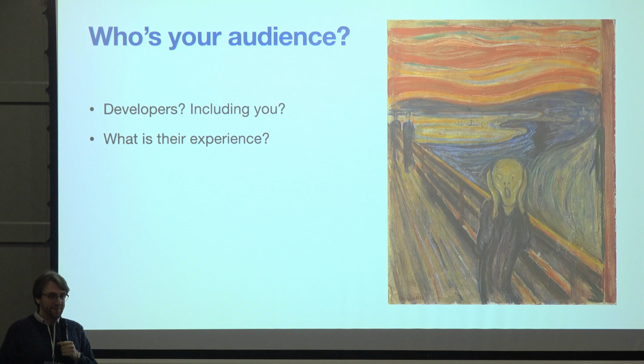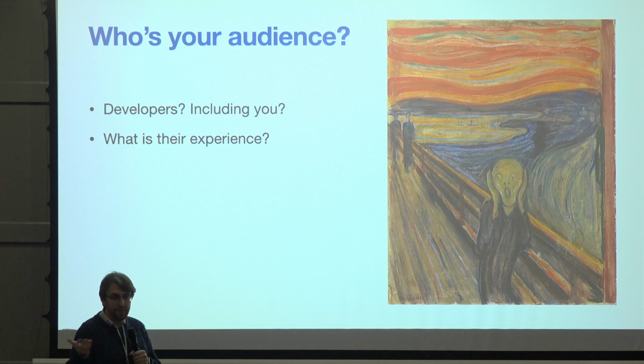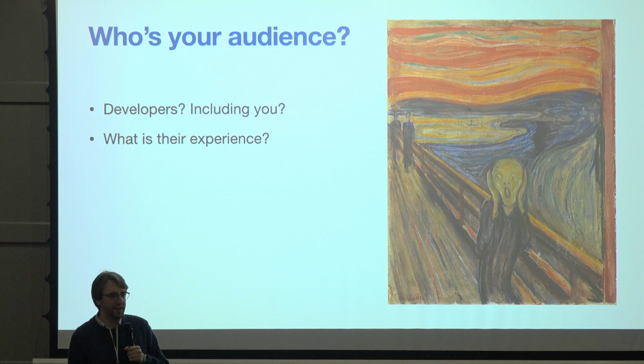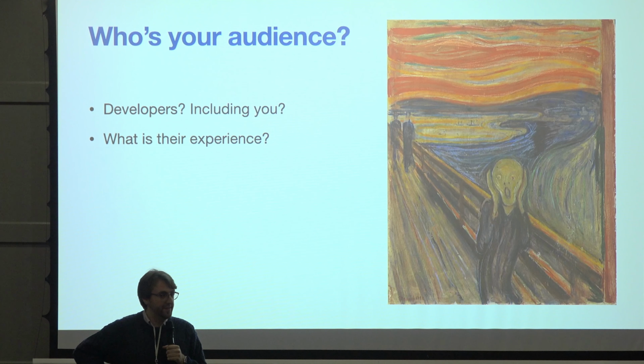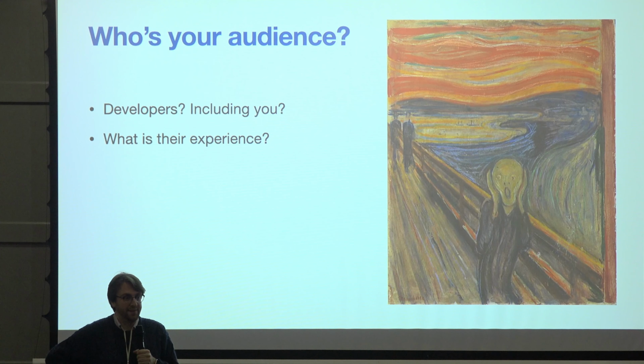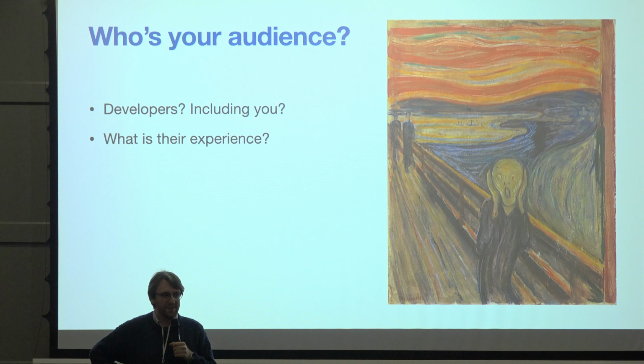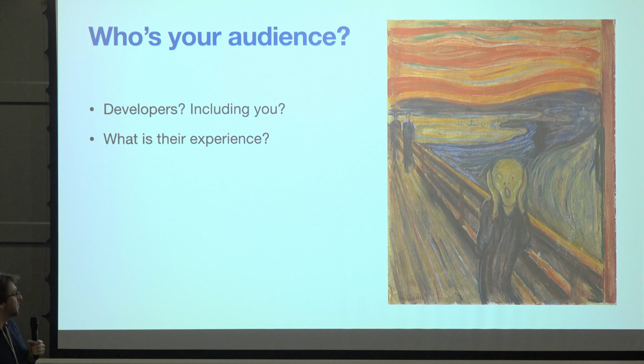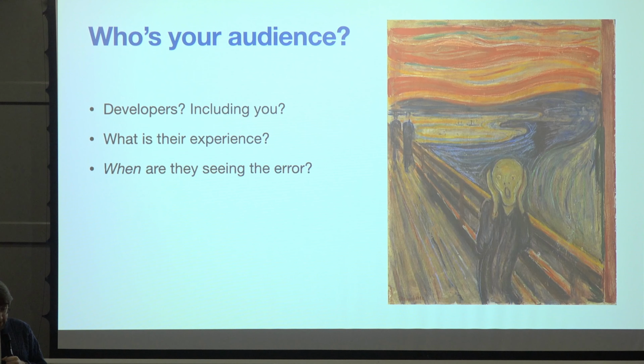But of course, there may be other developers involved. So quite often, if you've ever used something like GraphQL, if you raise an error in Python in something that's implementing a GraphQL API, it will happily just pass the message you put into it straight into a front end. And now, you've got a JavaScript developer looking at a message which says, I wanted a list, but you gave me a tuple. Is that useful to them? No, not remotely. Those are not two different concepts in JavaScript. That's completely useless to a JavaScript developer. So the same message can be differently useful to different people. You have to understand who you are presenting to and when they're presenting it.